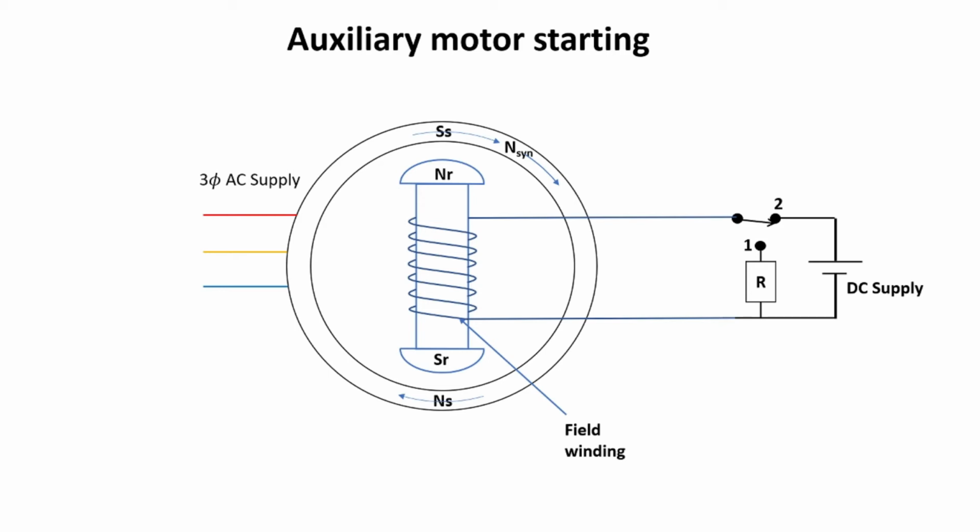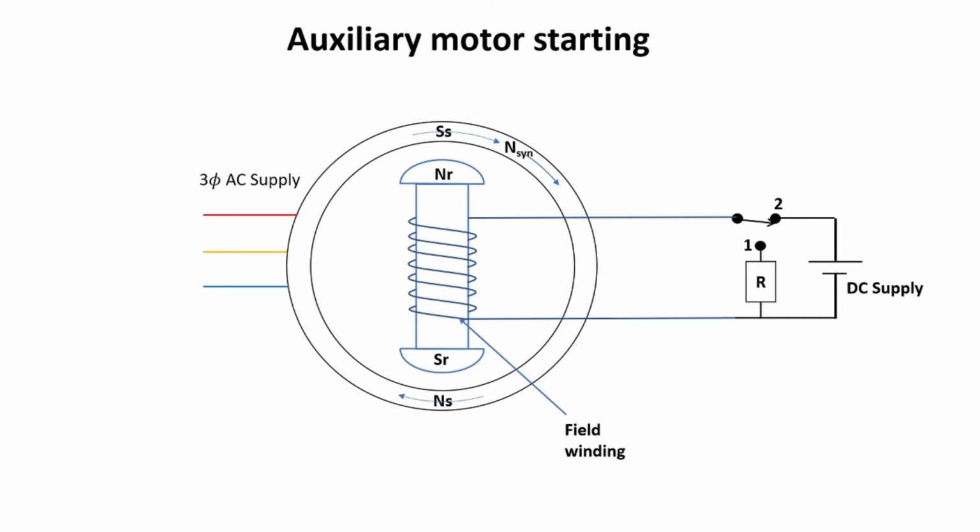In the second case, if we are using an auxiliary induction motor with 2 poles fewer, then the induction motor runs the main motor, that is the synchronous motor, above the synchronous speed. After this, the induction motor is switched off and the synchronous motor is switched on to the three-phase supply. When the speed of the set is just above the synchronous speed, we can switch on the DC supply to the field winding. Whenever DC supply is given to the field winding, field poles are energized and magnetic locking between stator pole and rotor pole comes into the picture, and thereafter the rotor continuously rotates at synchronous speed.